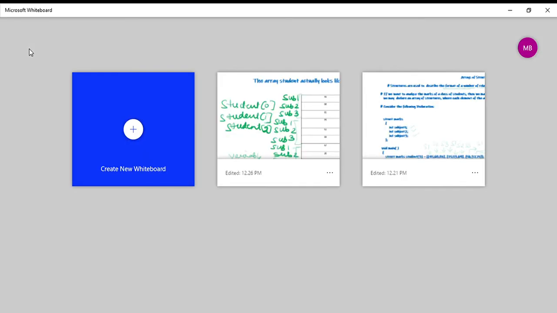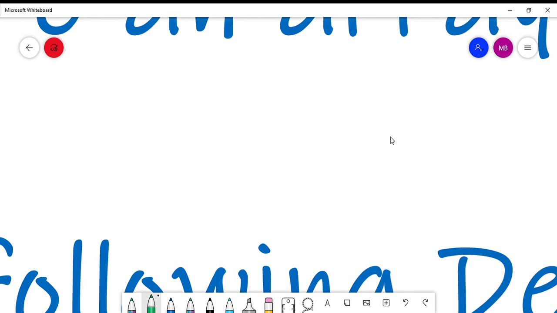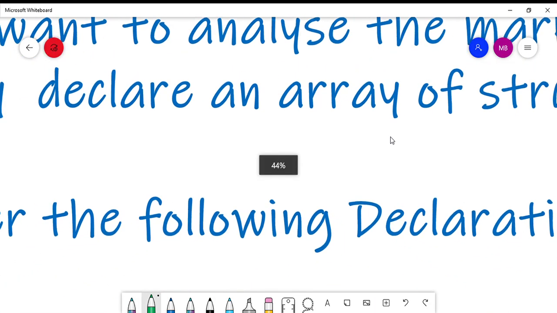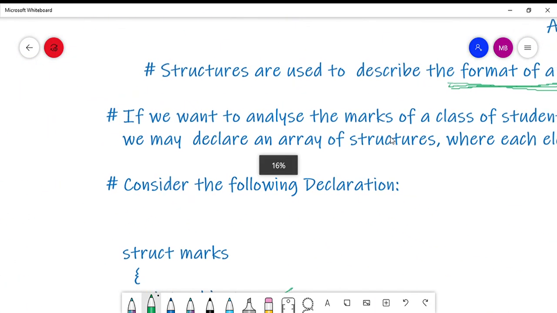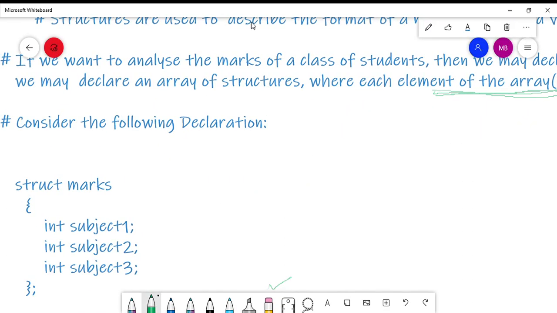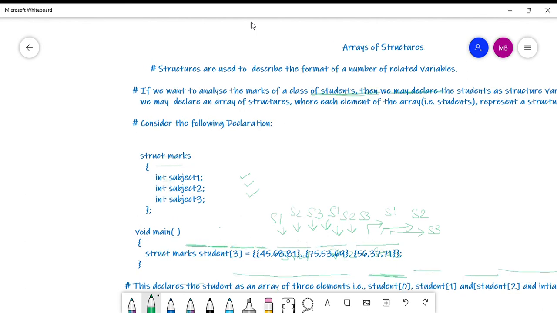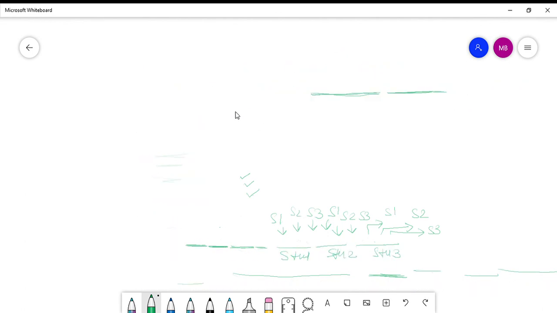This variable has 3 members in total. You can see here: member 1, member 2 and member 3. So there are 3 members in total for this particular structure variable. Okay.